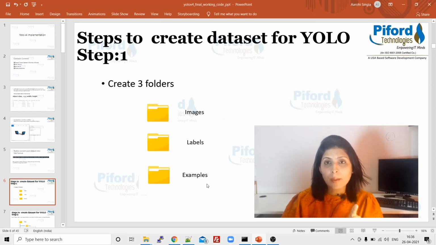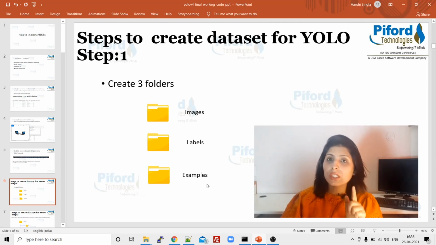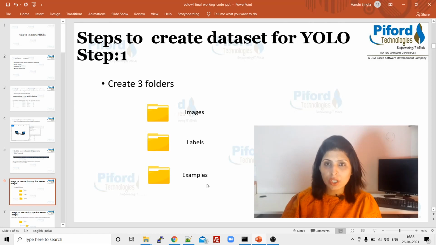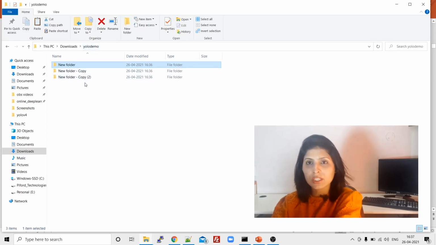And guys, remember, names should be similar to this only, because these 3 folder names are going to be used by that bounding box tool, which will annotate your images. That tool will work according to these folders only, so have these folders only with the same names. Okay, so now under the YOLO demo folder you have these 3 folders: images, labels, and examples.